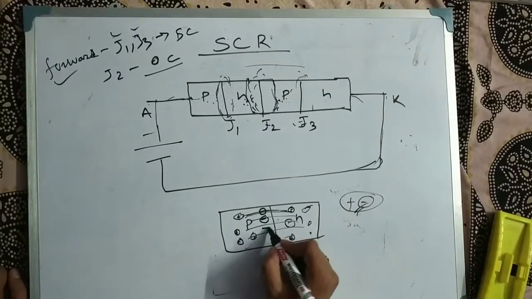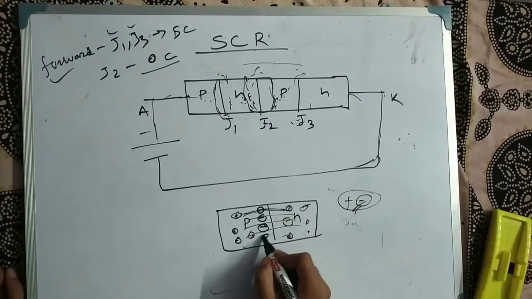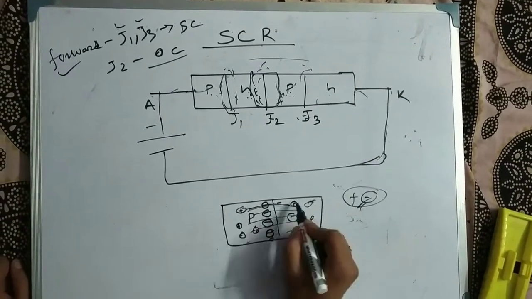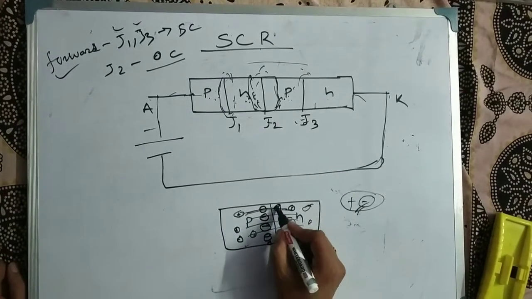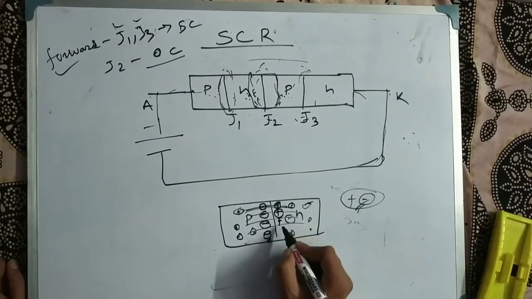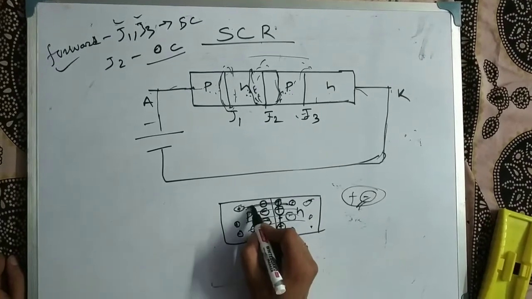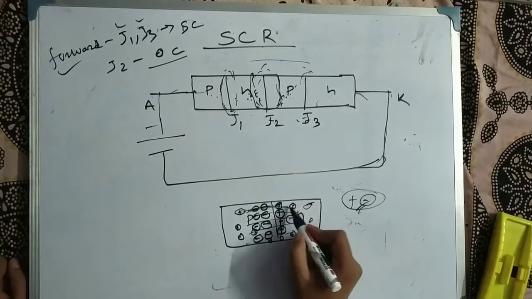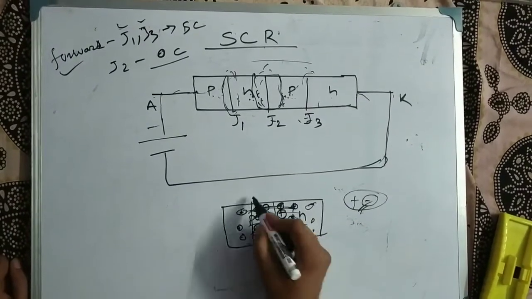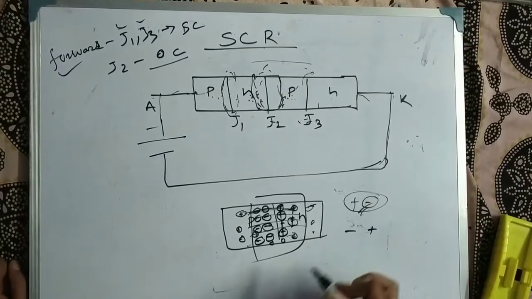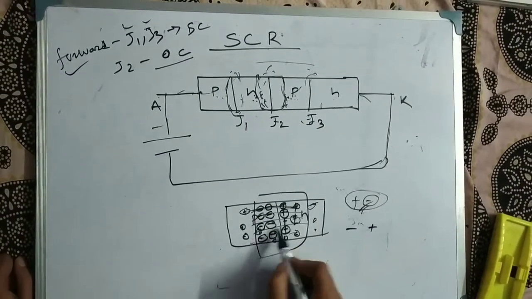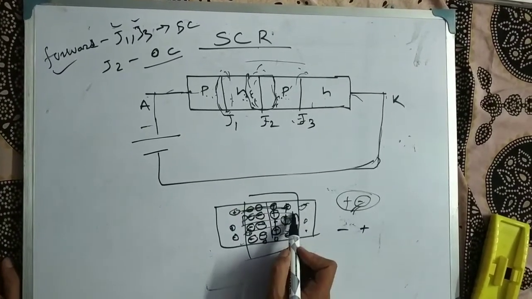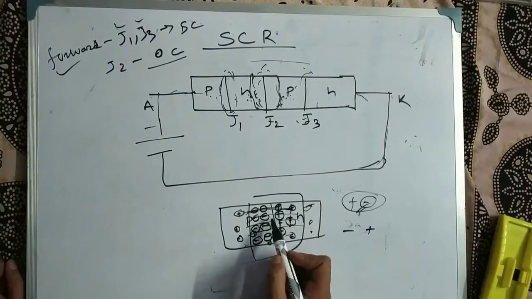attracted across the junction. So on the P side, some non-movable negative charges will gather beside this layer, and non-movable positive charges will gather across the N junction. After some time, P has negative charges and N has positive charges. So there is a potential barrier, positive and negative. This is not movable charge. Holes will not come into this N region again, because positive charges repel each other.